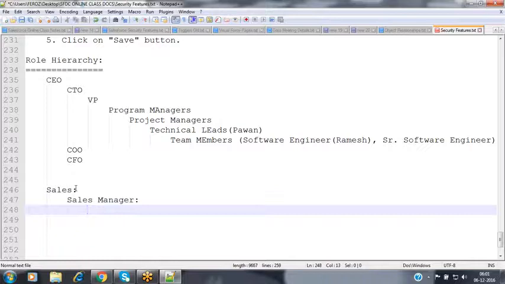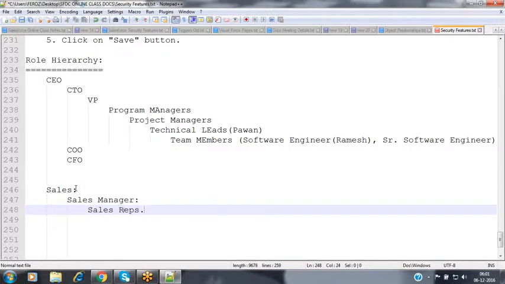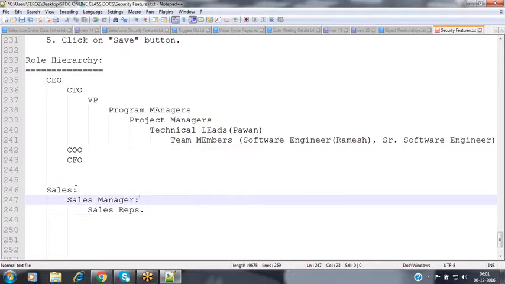Inside that sales manager, under the sales manager, they will be having some sales representatives. Some sales reps will be available here. Now when coming to the sales manager, every day he is going to be assigning some leads to the sales representatives. These are the new people who showed interest in our organization's product. So please contact those people and try to close these lead records by converting those leads into our customers.